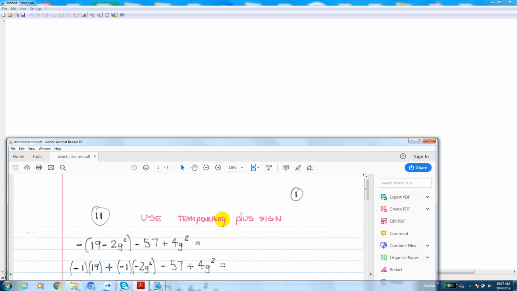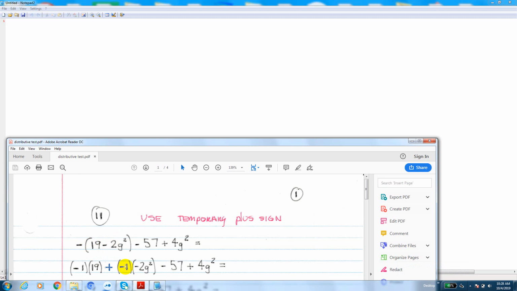Now this is where you use the temporary plus sign. See that little plus sign is in blue? You just throw a plus sign in there. Just throw it in no matter what. Just always throw in a plus sign. Just always do it. Then you do the negative 1 over here, negative 1 times, then you have a negative